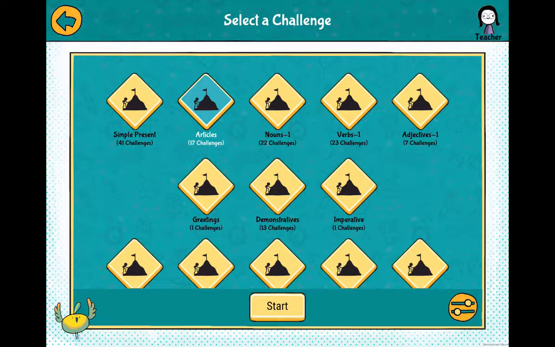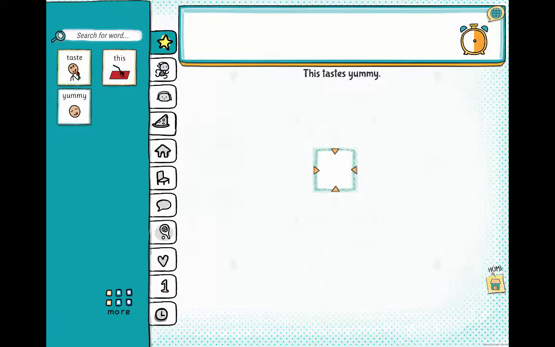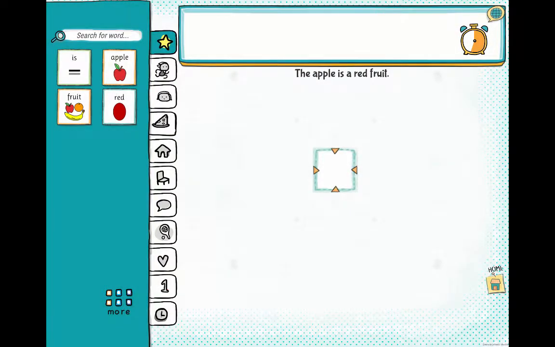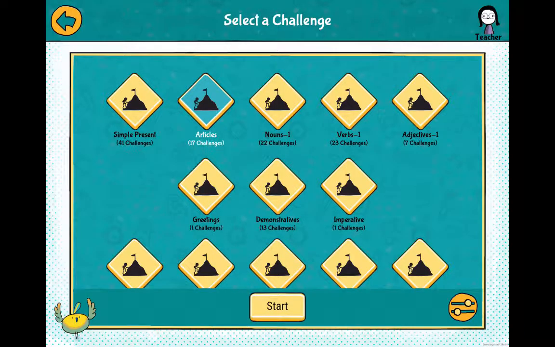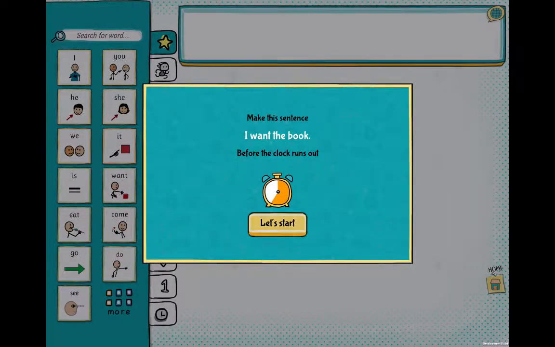For example, in the challenge set simple present, the child has multiple sentences to create using the app. All of these sentences are in simple present tense. Or in the example of adjectives, the student is exposed to multiple adjectives in the various sentences that they create during the session. The educator then selects a particular challenge set and assigns it to the student, and the student starts creating sentences